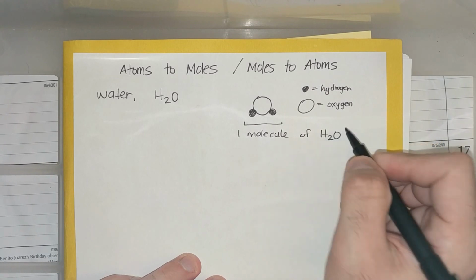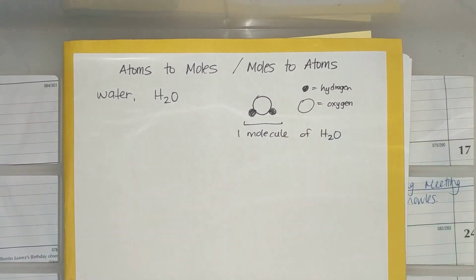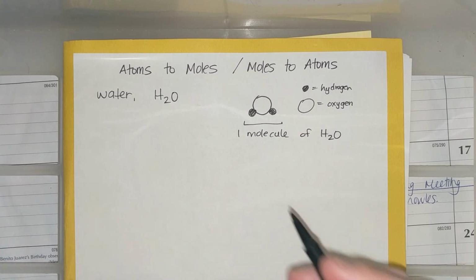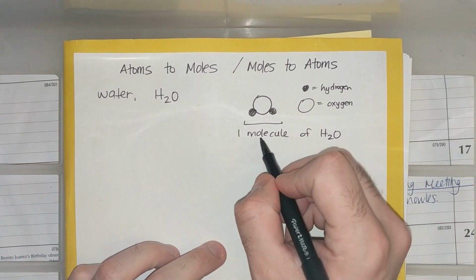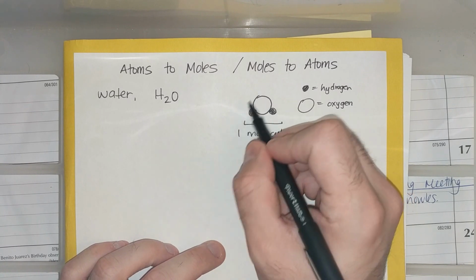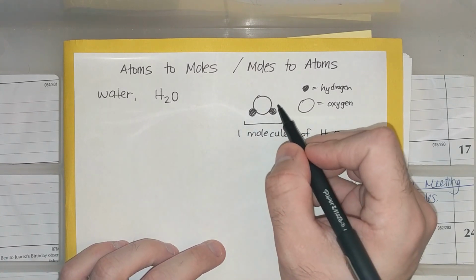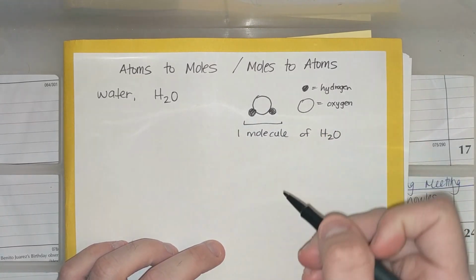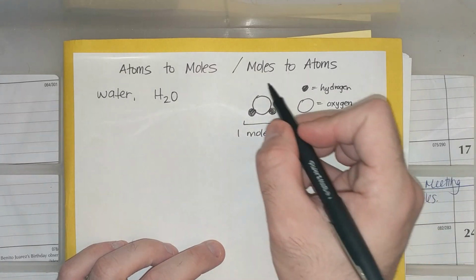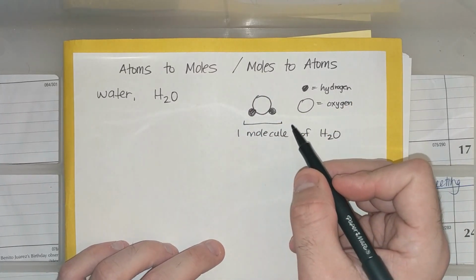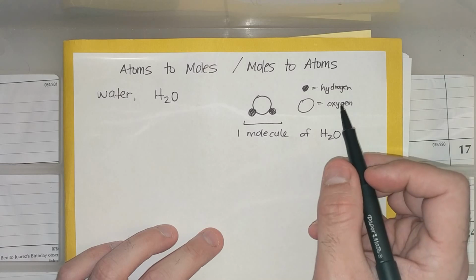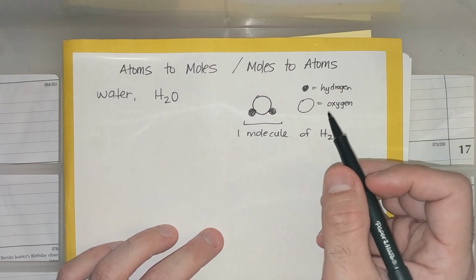right? And how do I know it's a molecule? Let's go back to our particle definition. We could either have atoms or molecules. I know this is a molecule because there's more than one color, more than one size. So a molecule is two or more atoms, okay? So here's our one molecule of water, okay? And you might want to write down on the side somewhere that a molecule has two or more atoms in